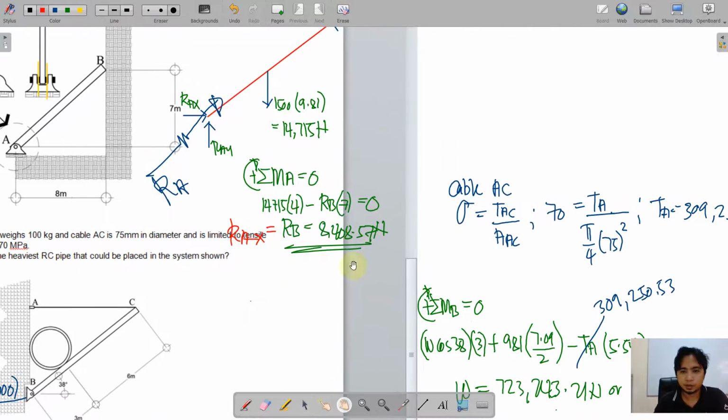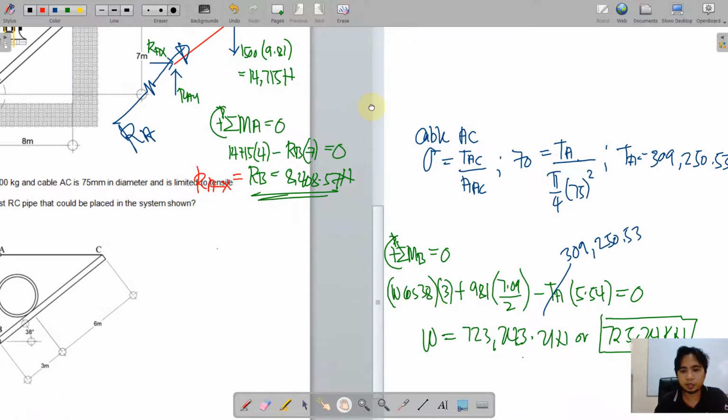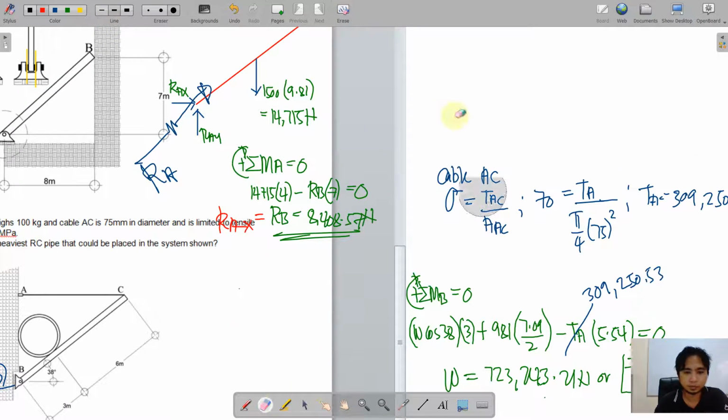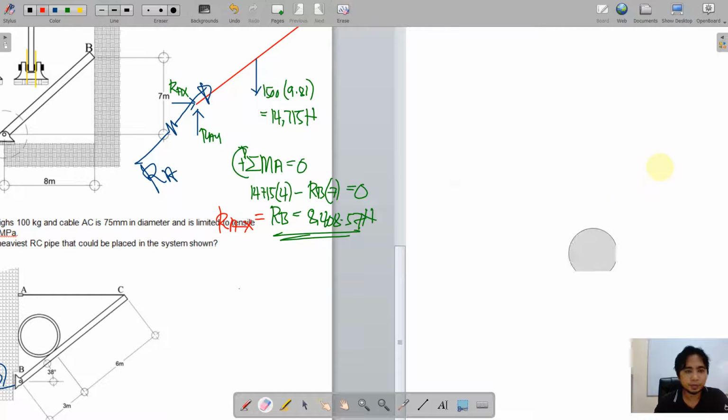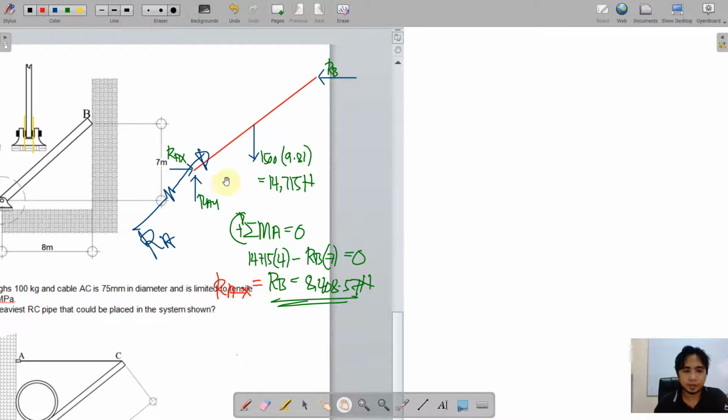Okay, so we only have the other unknown RAY. Okay, so obviously, what is RAY? Again, there are only two vertical forces here that are counteracting each other. So therefore, by summation of vertical forces equal to 0, we can say that RAY is also the weight,